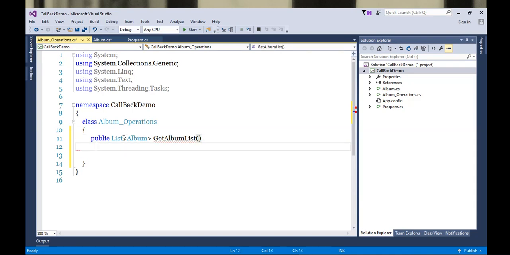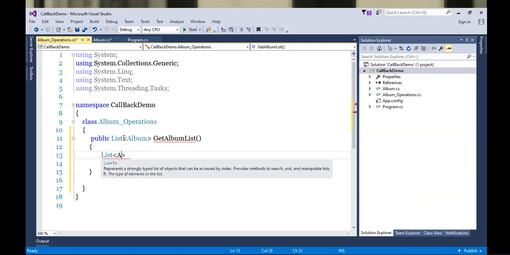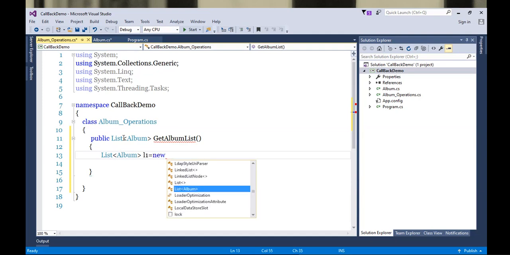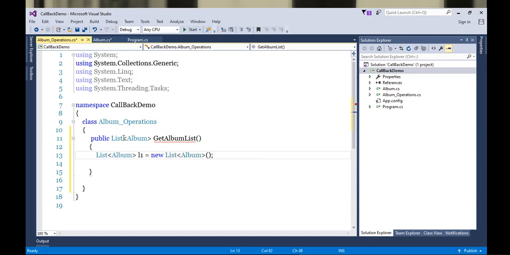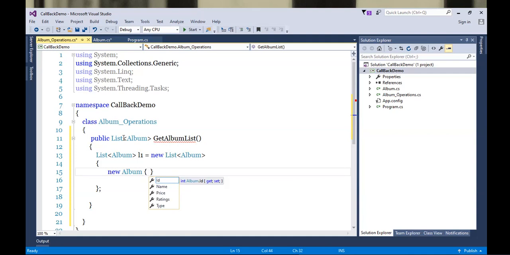And to do this, I will start preparing some album list. So let's prepare one list instance. Or we'll directly initialize it here only. Inside this, we'll start using new album curly brackets, and here you will be getting those auto implemented properties and start giving the values.